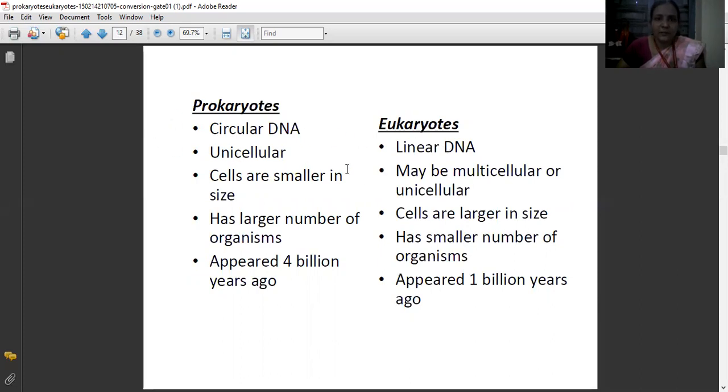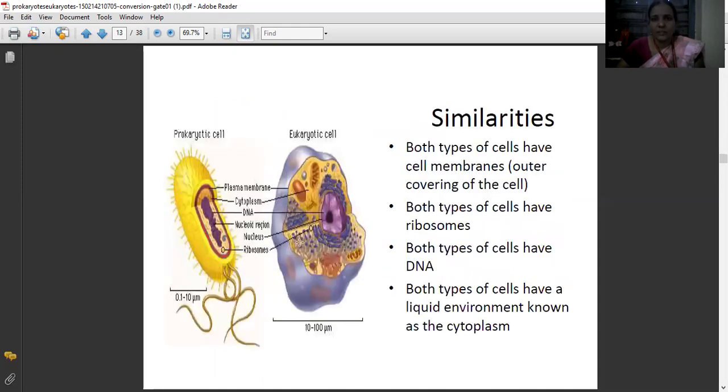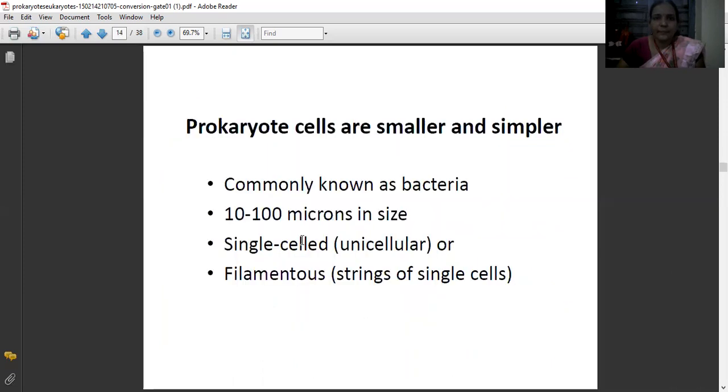ये कौन से सेल्स हैं? यूनिसेलुलर है. It may be unicellular और multicellular. सेल की साइज अलग अलग है, और you might have already learned this difference. सो सिमिलरिटीज भी हमको पता है. Then we will see